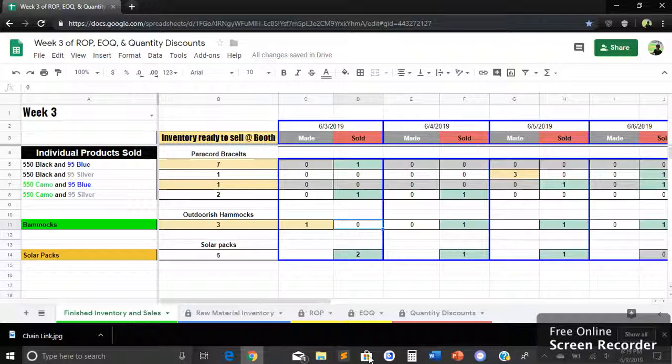And let's say that customer did buy the hammock. It goes back down to 2. So now